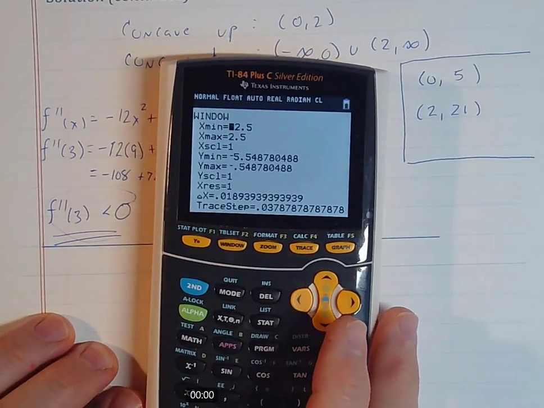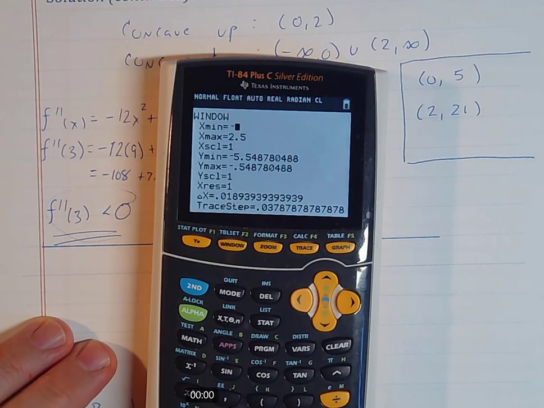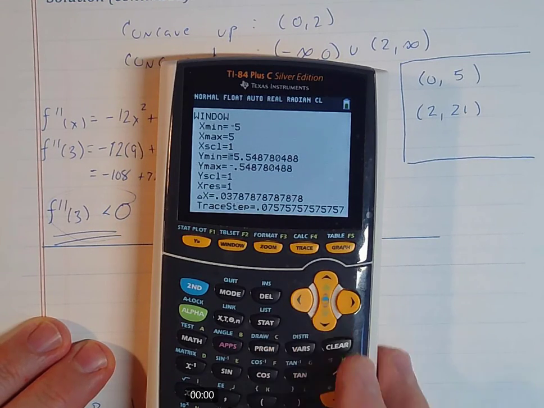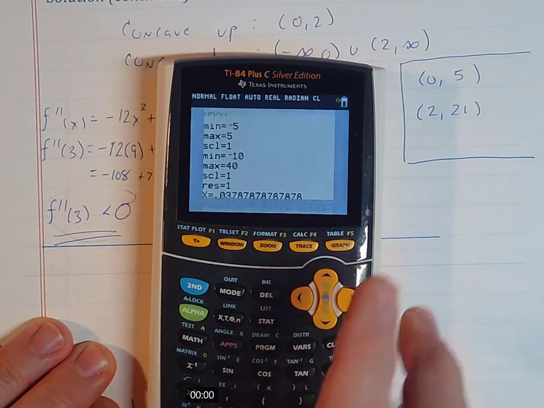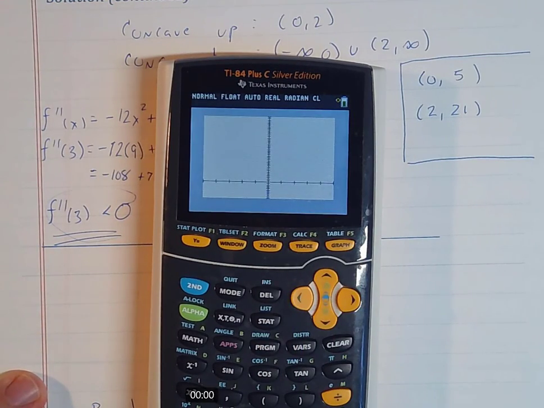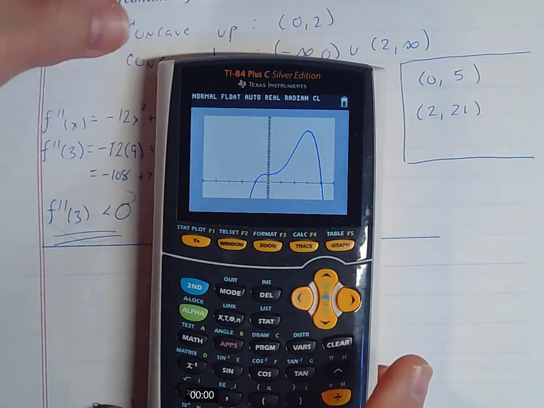So I'm going to go into my window, and I'm going to put in something like negative 5 for my x, and I'm going to go up to 5 for the maximum of x with a scale of 1. Y, I don't know, I'll go maybe something like negative 10. I'll go up to maybe positive 40, and y scale of 1's fine. And I'm just going to take a look at that graph. And wow,